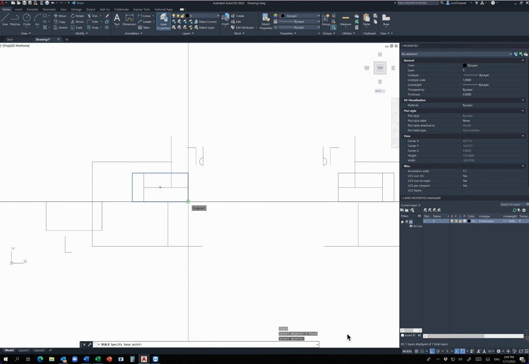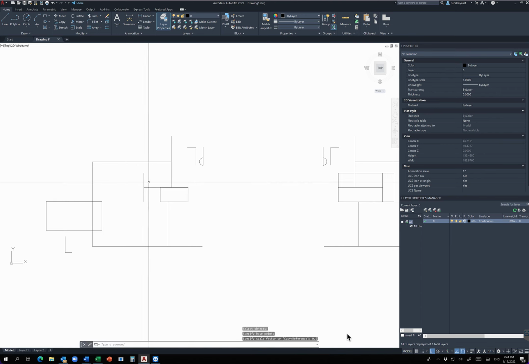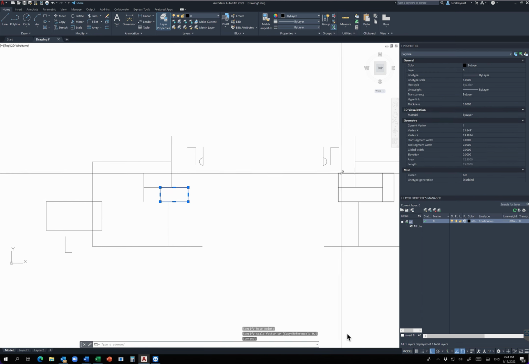So I want the base point to be here. So this is a point that does not move. Okay? Just a single short click. And then it says specify the scale factor. So I can make it twice as big or half as small. So I can say I want this square to be 0.5 by typing 0.5 on my screen right now, and it becomes half as big as the original square